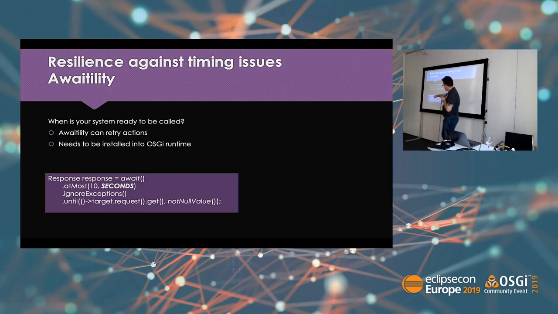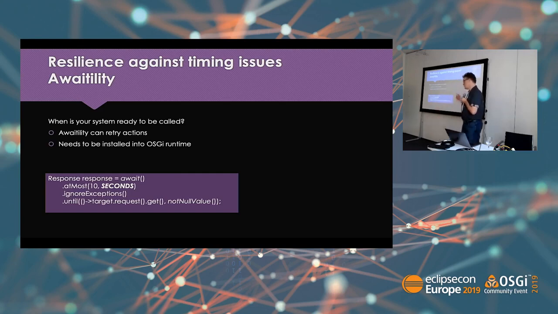And then in the until, you specify what should happen. So you simply create a closure, for example here, target.request.get, and you also tell it when is it good. Of course, when an exception happens, it repeats, but you can also say a null value is also something that is saying that it's not yet done. So here I say repeat until target get is not a null value. This is a Hamcrest matcher,